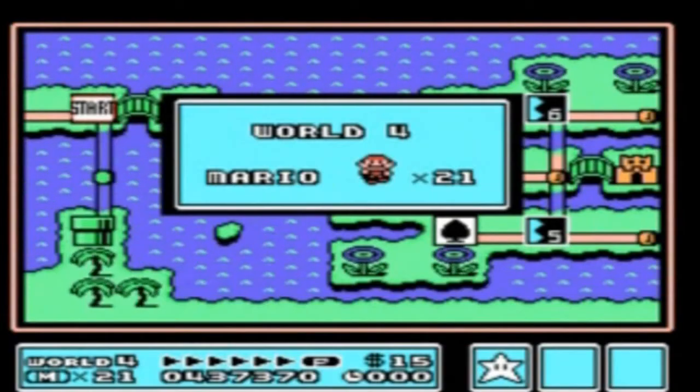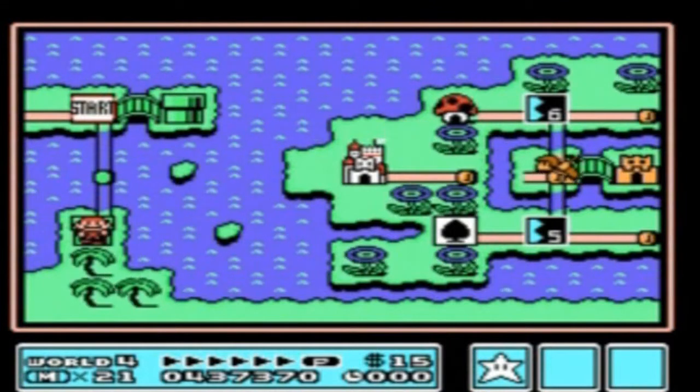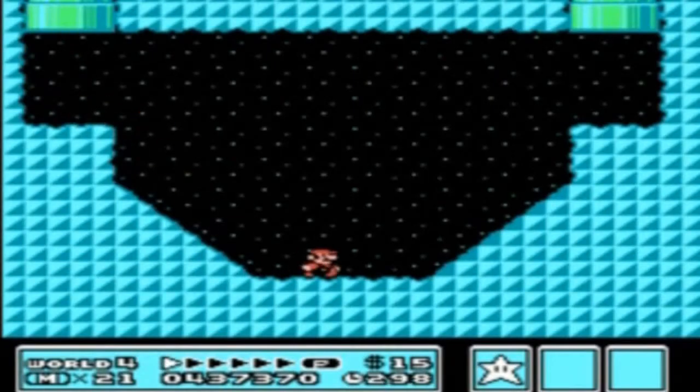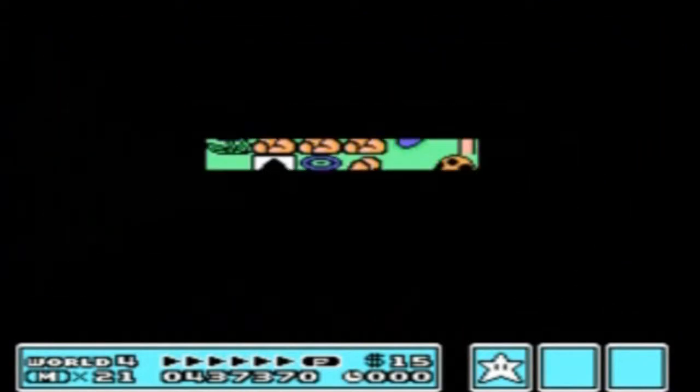Hey folks, and welcome to part 4 of the Super Mario Bros. 3 playthrough, and welcome to the land of the giants. This is Tiny Huge Island, the origin story, if you want to call it that, because basically everything here is